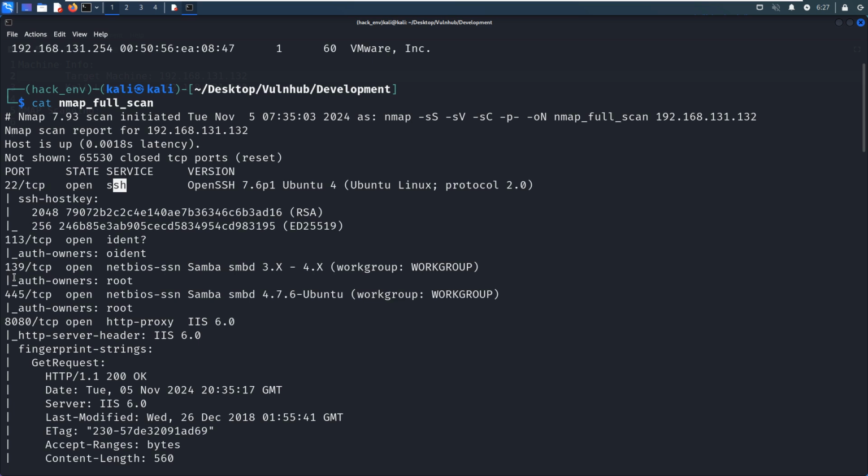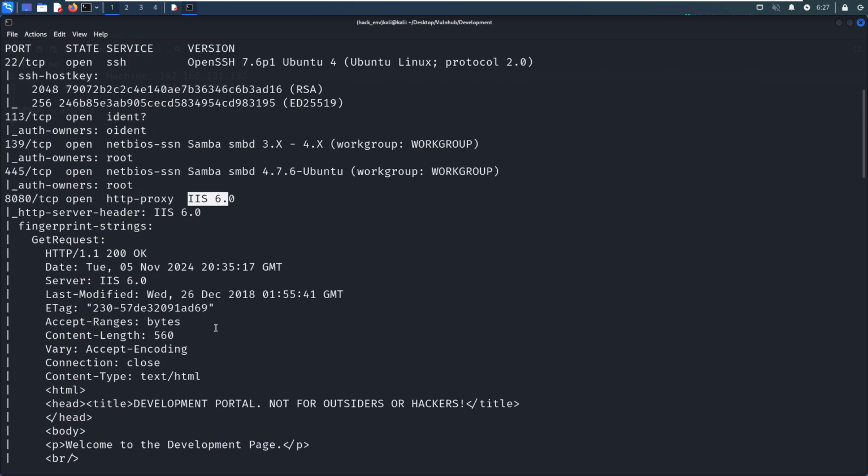And the next two port numbers are used by Samba. And the last one is 8080, which is running an HTTP service. Also very weird, the service is IIS 6.0. You know, IIS should be running on Windows rather than Linux, so a bit weird. However, as you know, the administrator can configure the banner for many applications, including the HTTP application. Okay, so this would be intentionally configured by the author.